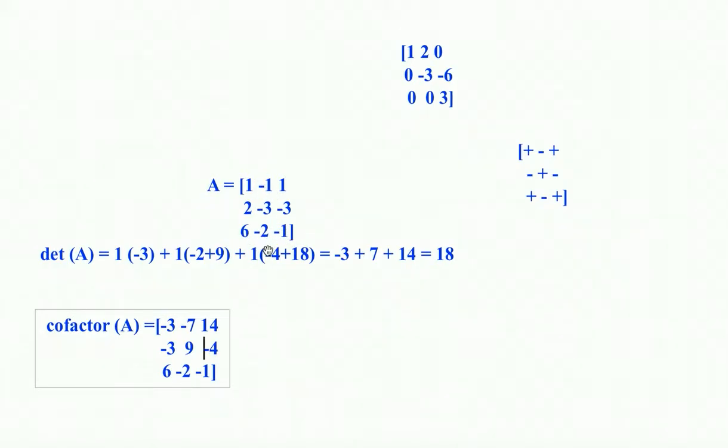This one: minus 3, minus 2, minus 5. But reference sign is negative, so minus 1 times minus 5 is plus 5. See here, minus 3, minus 2, minus 5. Reference is negative, right? So multiply with minus, plus 5. Every time we have to multiply with that reference sign.